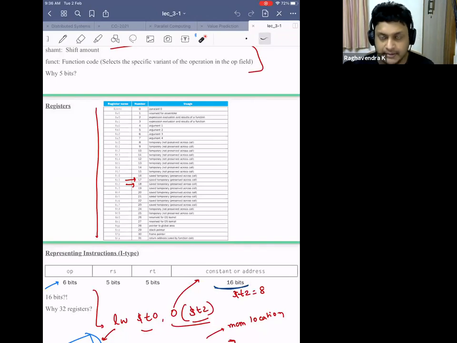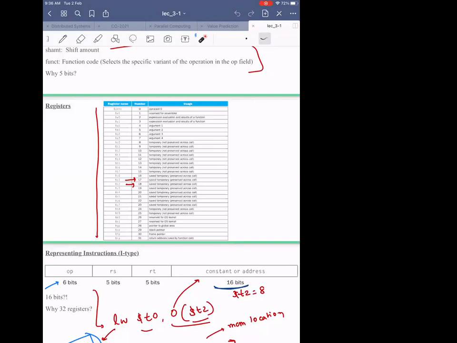Is that clear? Sir, then why is it specifically 16 bits? Because at the end we are using that T1 register to access. Is it because we don't have anything else to write, so we have the remaining 16 bits? Okay,